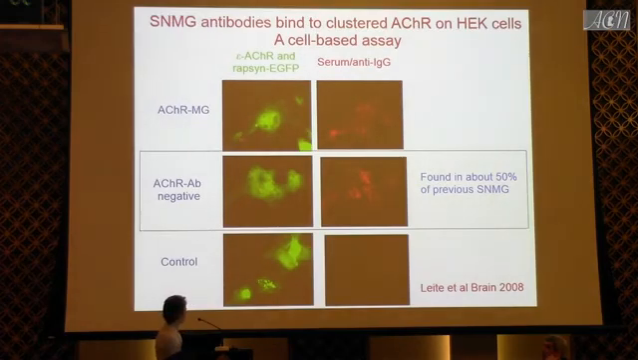And what we found was in this middle column really, so here are the green cells, and here are little clusters of receptors and rapsin. Rapsin is the green, in fact, but the receptors are sitting on top of the membrane where the rapsin is clustered. And when we put this patient's antibodies on, this patient had never been positive, he was actually a doctor,